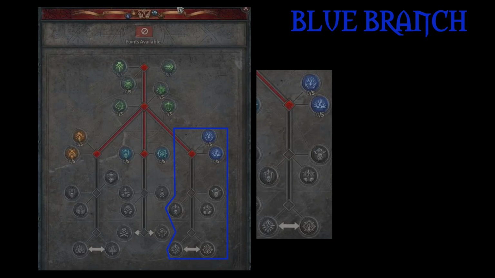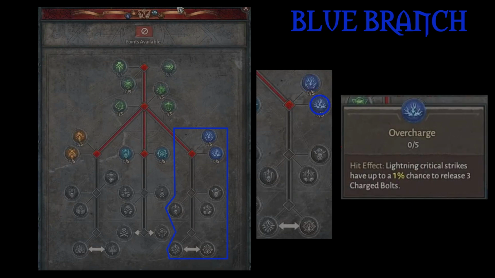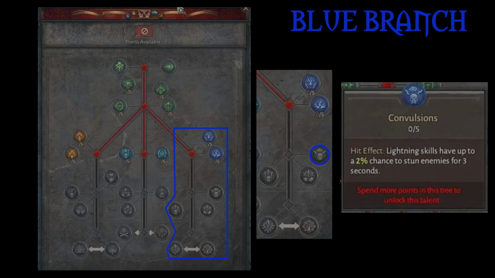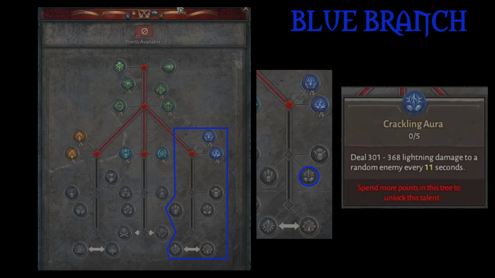Moving on to the blue branch, which focuses on lightning skills, we have Ceaseless Bolts, which increases your critical strike chance every time you crit with a lightning attack, Overcharge, which gives you a chance to release 3 charge bolts every time you get a lightning skill critical strike, Convulsions, which gives lightning skills a chance to stun enemies, Stagger, which causes enemies to deal less damage after being hit by lightning skills, Crackling Aura, a passive talent that deals